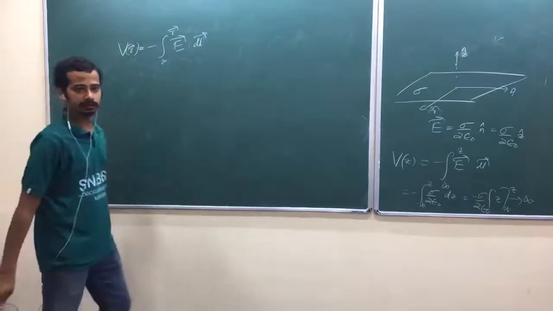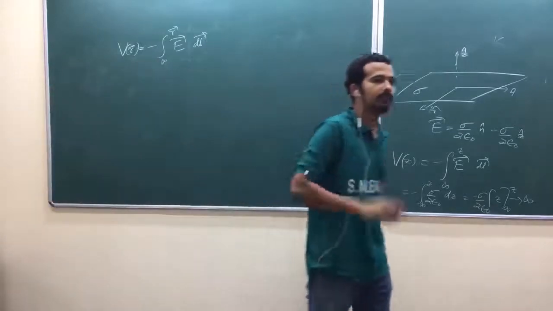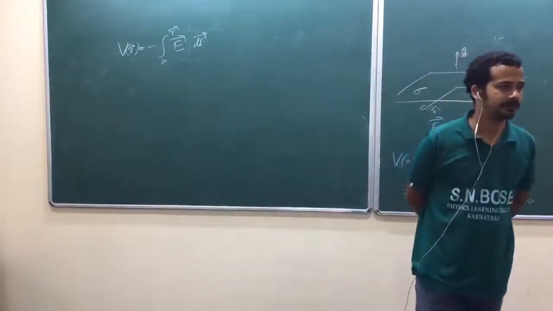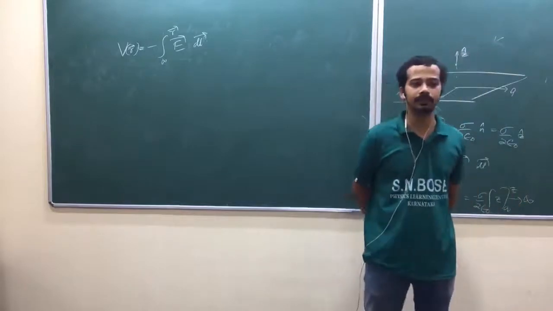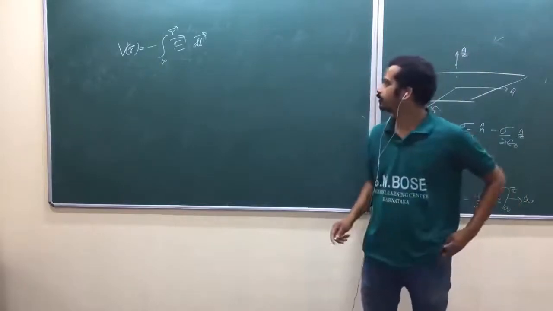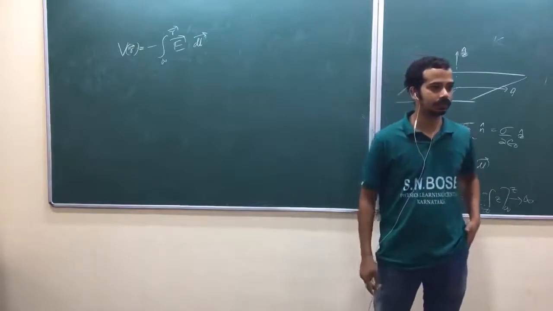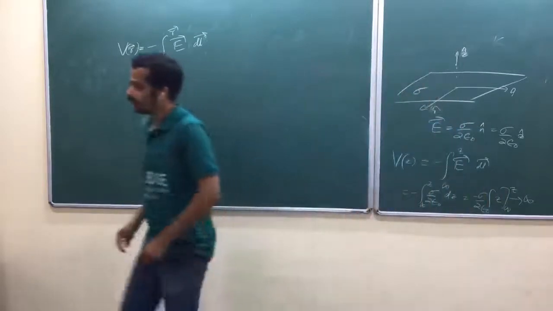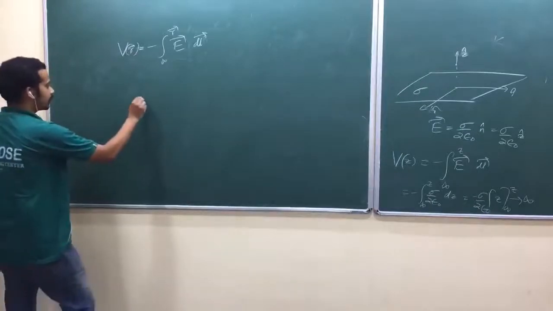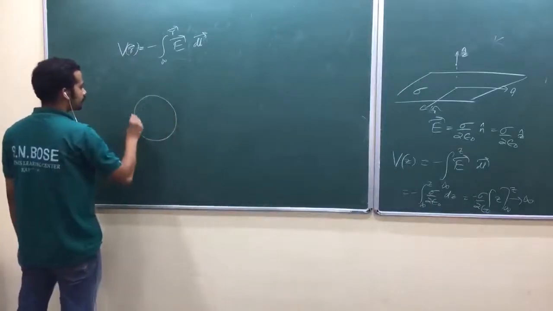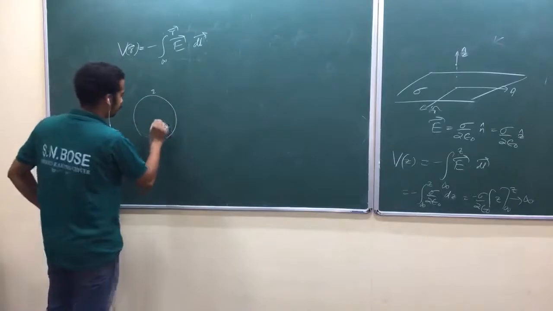When can we apply this one? We can apply this when the electric field is very easy to find. When is the electric field easy to find? Only when Gauss law allows us to find the electric field, isn't it? We can write it quickly. So that's why, look here. Now let me find the electric field due to a uniformly charged spherical shell of radius capital R.